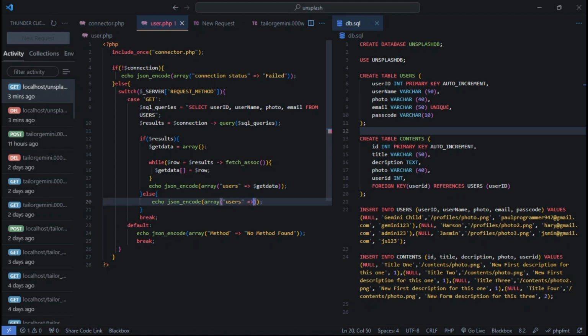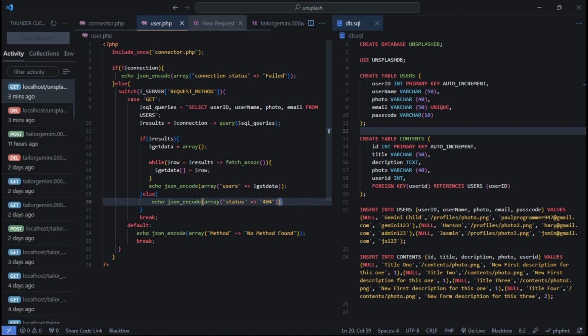Okay, or let's just leave it just like that for now. Just say status is equal to 44. Okay, and then now when we come over here